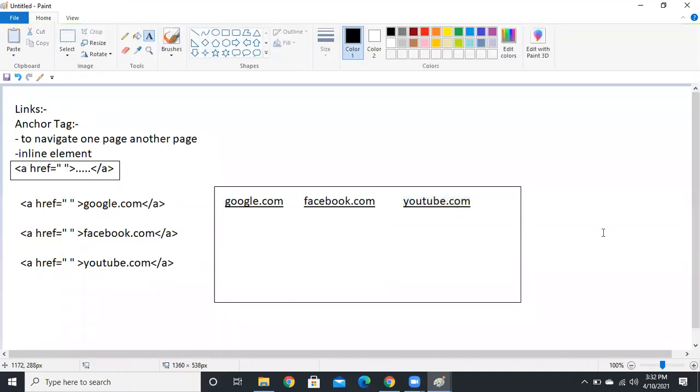By default, you will get an underline. Yes, it's like a link only. When you click on it, it will automatically navigate to that page. How to navigate? We need to give the path, that website path, and insert it into this href attribute.